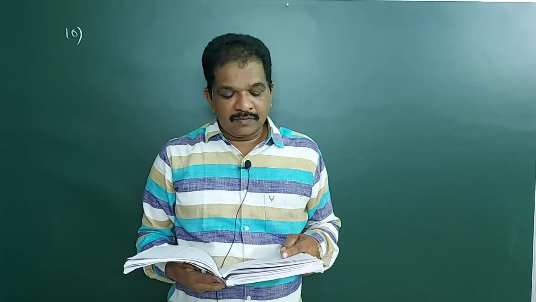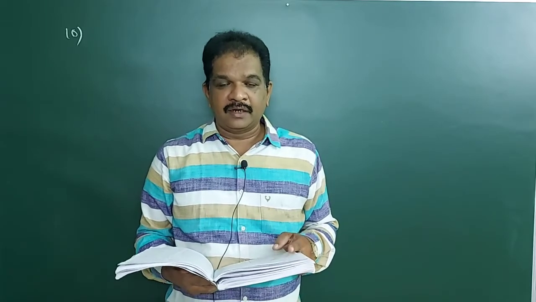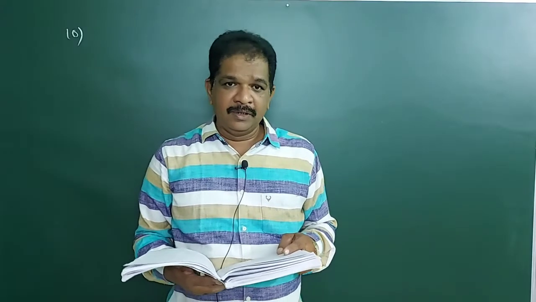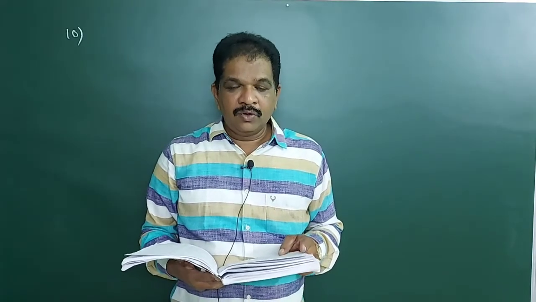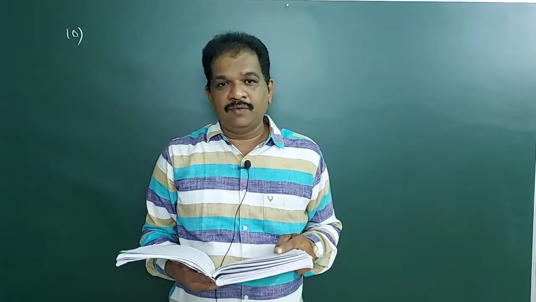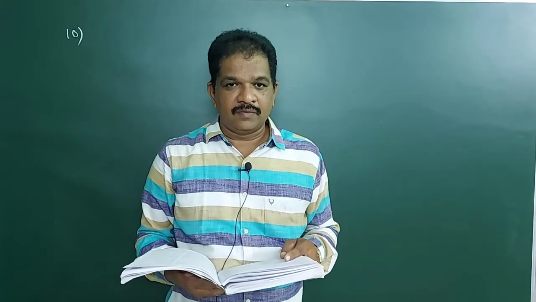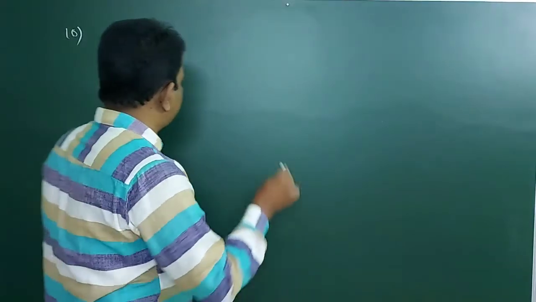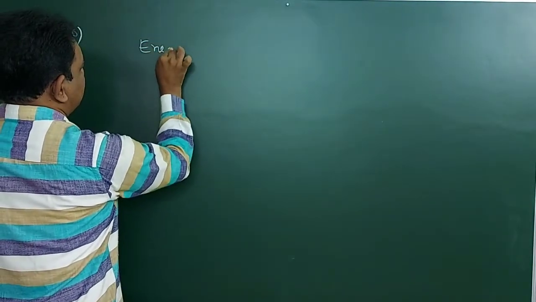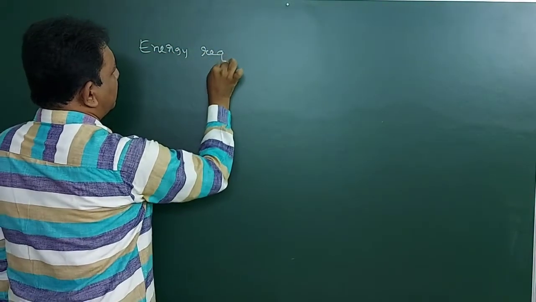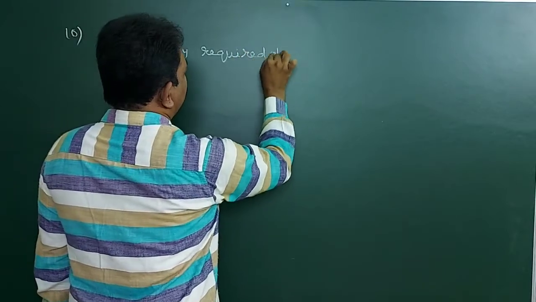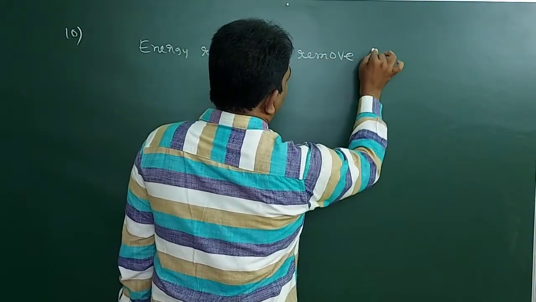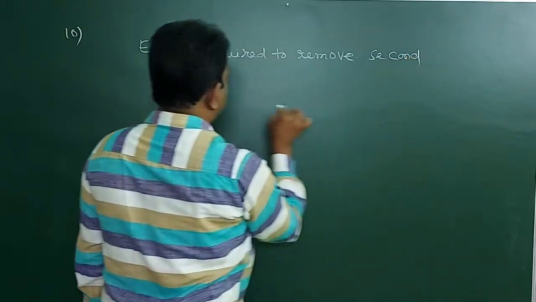The energy required to remove both the electrons. To remove one electron in the ground state, 2 electrons will be there in the helium, 24.6 electron volt is required. To remove another electron, what is the energy required? Energy required to remove the second electron